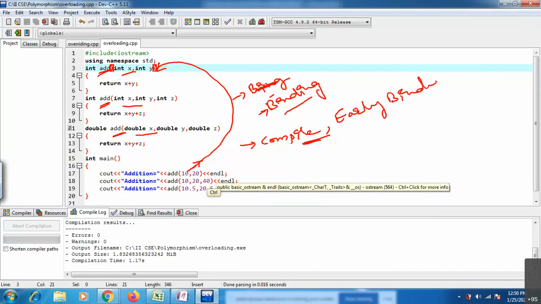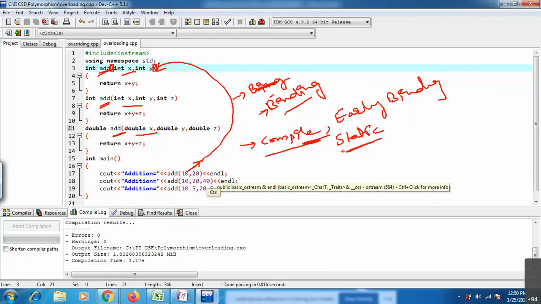Early binding means at the time of compiling only, your function call is going to associate with the function definition. Early means while compilation only, the compiler knows which function we need to execute. So you can call it early binding, compile time polymorphism, or static polymorphism.